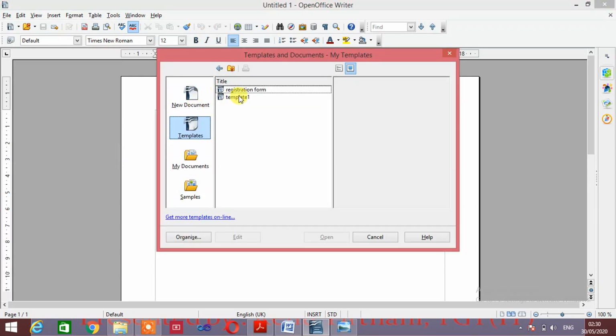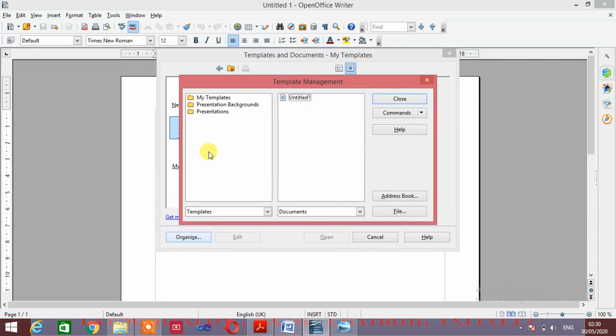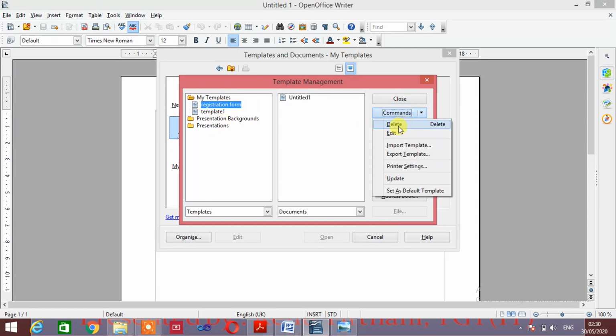Again I will open that registration form, but not from there. I will go to the Organize button, click on My Templates, click on Registration Form, click on Commands and click on Edit, because I want to edit it.